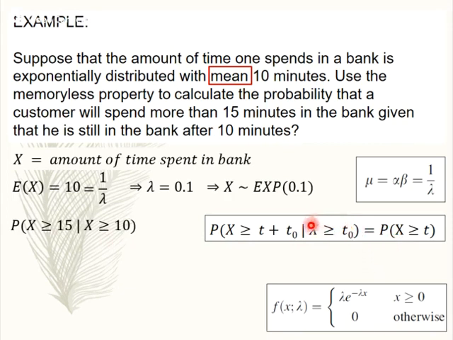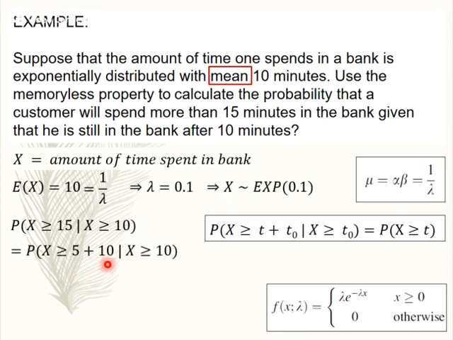This on your right is x greater than or equal to t0. So immediately you know what your t0 is, which is 10. And then from that, you can figure out that if this thing is equal to 15 and t0 is 10, that means t is equal to 5. So like I said earlier, you've been there for 10 minutes, and then you have an additional 5 minutes to